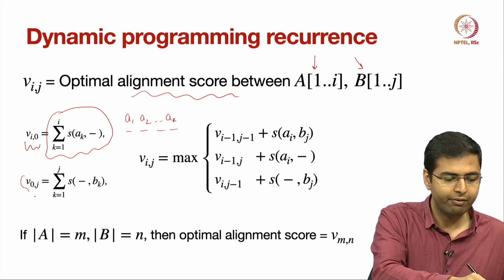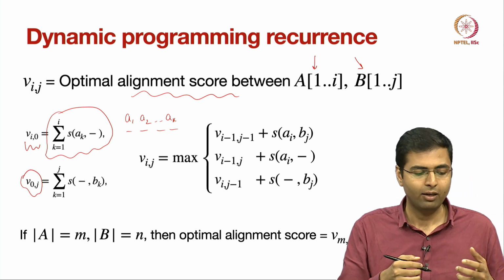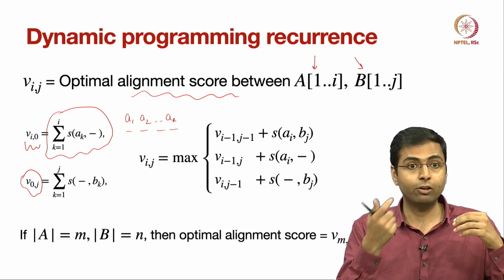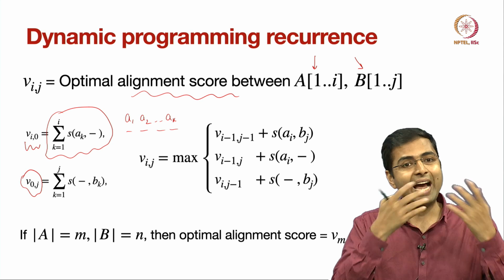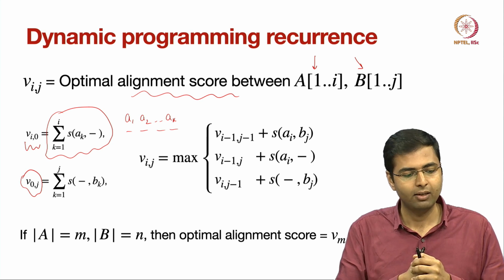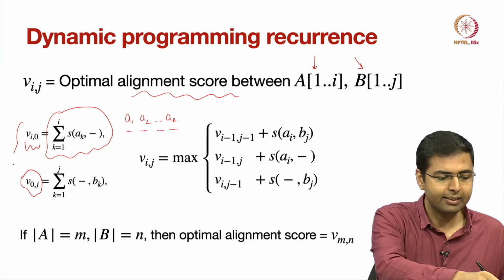Similarly, V0j will also be defined in the same way, where I am aligning all the characters of sequence B to a dash symbol. So, these are simple base cases, and for